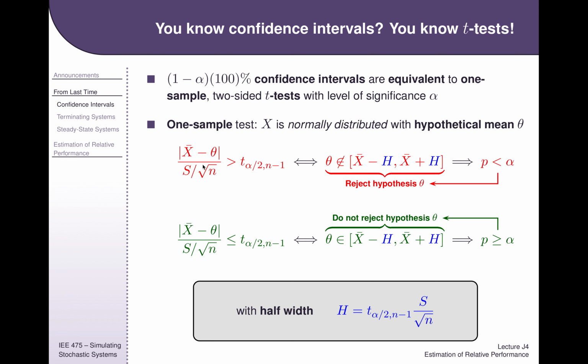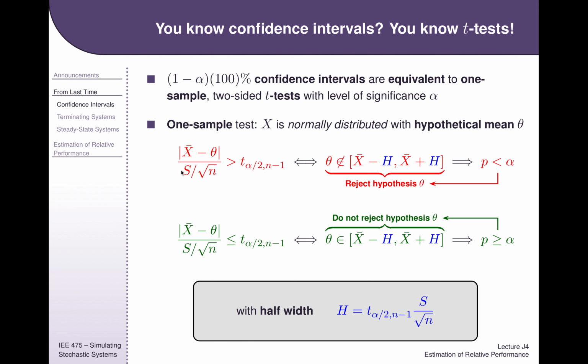What I'm doing is subtracting my hypothetical mean. In a t-test, we assume that the hypothesis is normally distributed, and we assume that the data are normally distributed. The hidden assumption that you may have forgotten, or that was maybe never emphasized, is that we also assume both the hypothetical distribution and the actual distribution have the same standard deviation. In the case of an estimator, the standard deviation of the estimator of the mean is this denominator here. We call it the standard error of the mean, or the SEM.